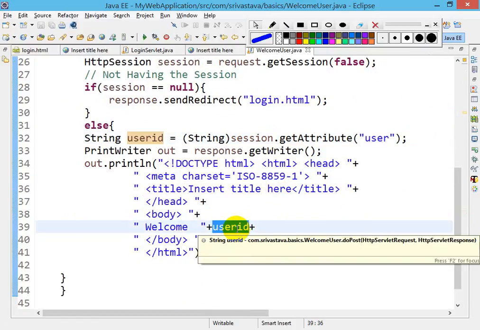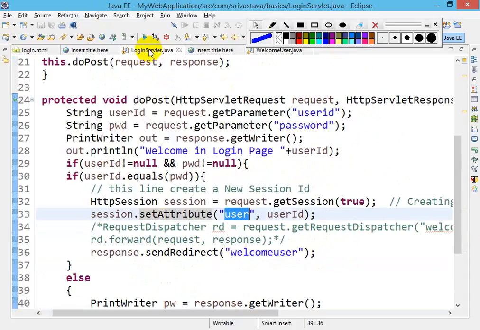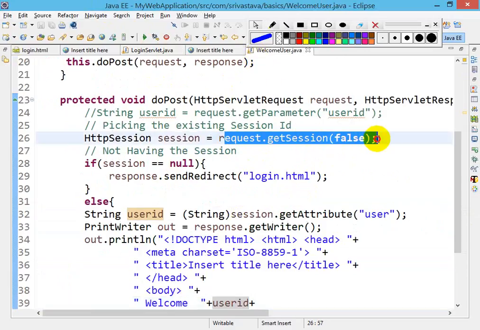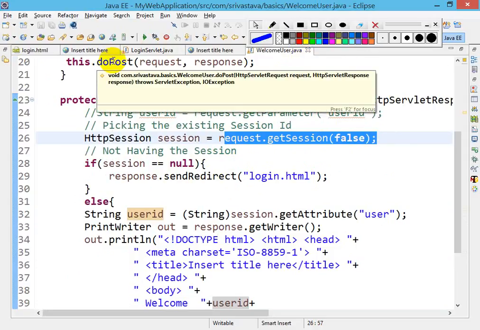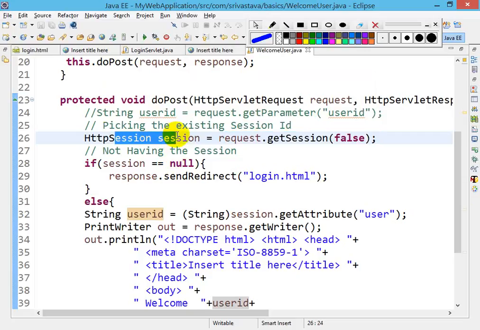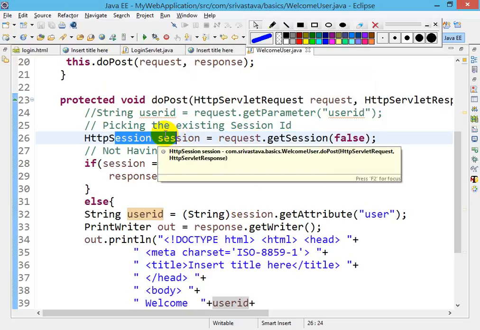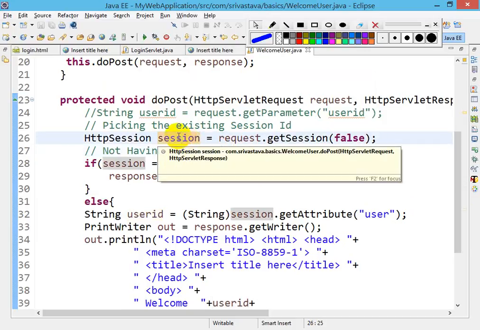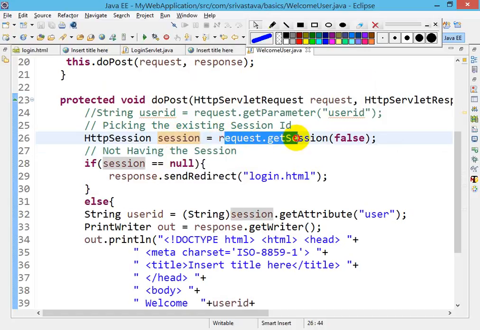Session was already created in the previous servlet. So now you are not creating a session. Now is this line mandatory on every page? Yes, because if you are directly jumping to this page without accessing it, that variable will not be visible, because this is a local one, right? Is it clear, guys? The name of the session variable is not the same for every page. This is just a local variable, it could be any name. Then how will we match it? Because whenever you use request.getSession, it means